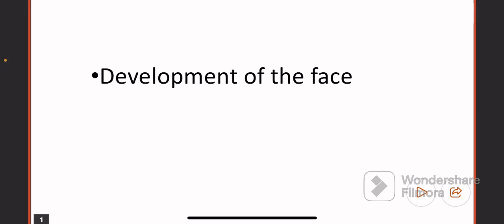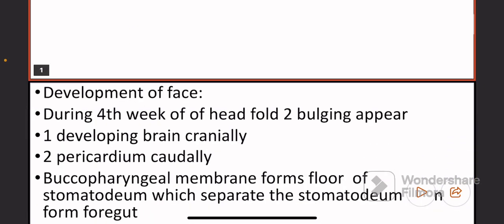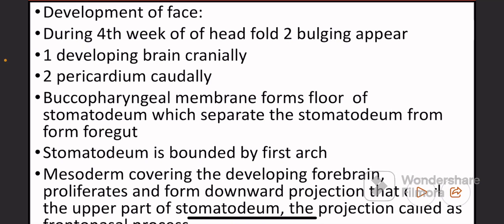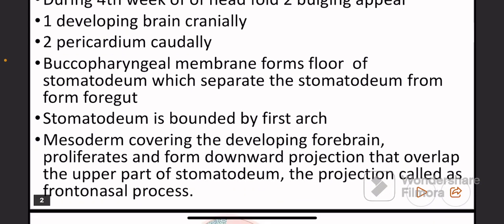Today's topic of our discussion is development of the face. Firstly, we are going to discuss roughly the development of the face in the embryonic stage. We know that during the fourth week of the embryo, two prominent bulgings appear. The first is of the brain, which forms cranially, and the second is of the heart, known as the pericardial bulging, and between these there is a stomatodeum. Okay, and the buccopharyngeal membrane, which forms the floor of the stomatodeum, separates the stomatodeum from